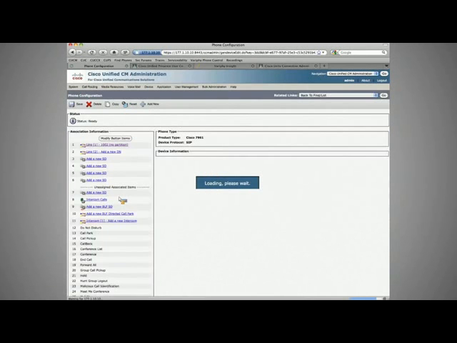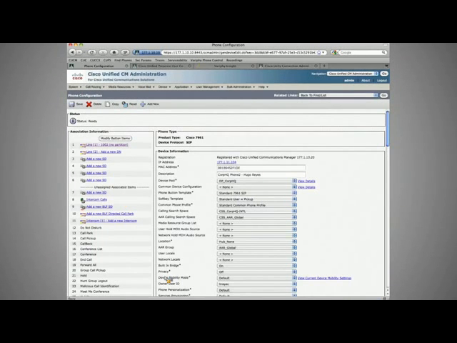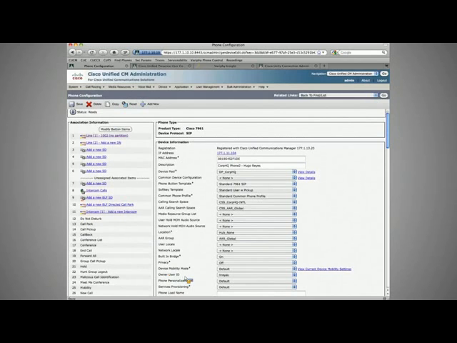And the user ID used to be, if we click on, let's say, Hugo Reyes's phone, we do have a place for owner user ID on the device, and that in CUCM 5 used to be important for Presence,